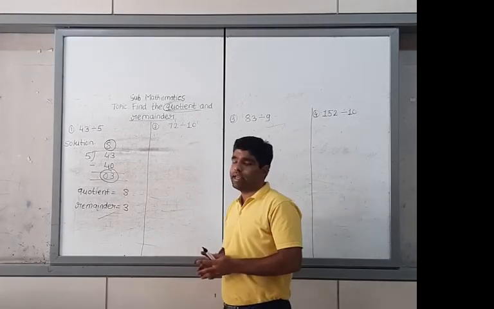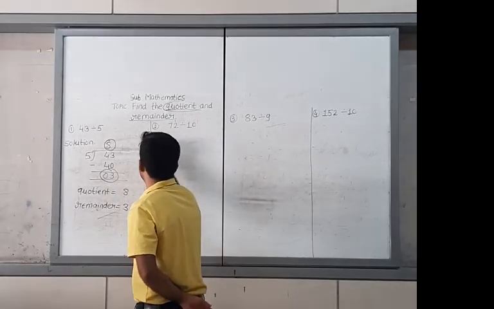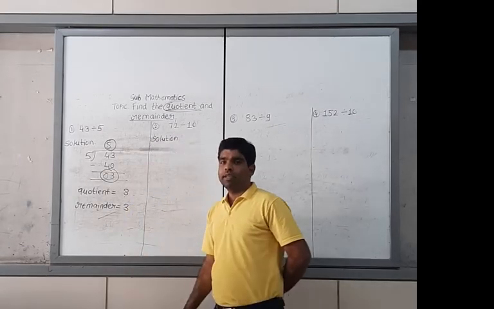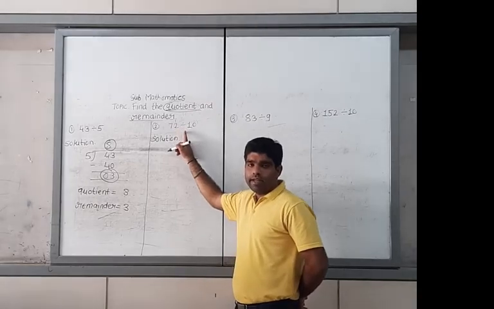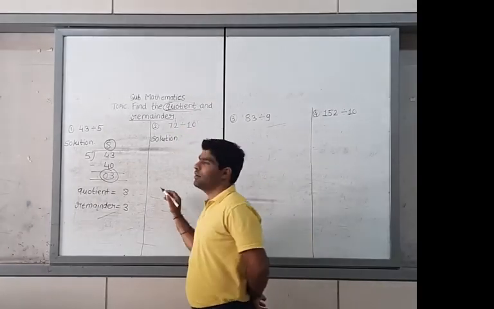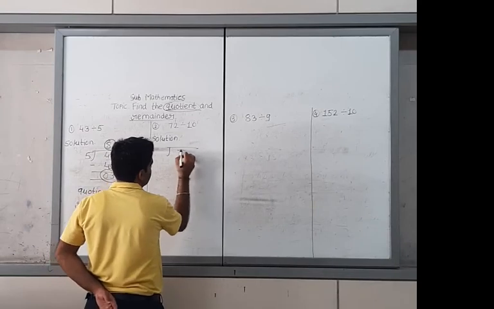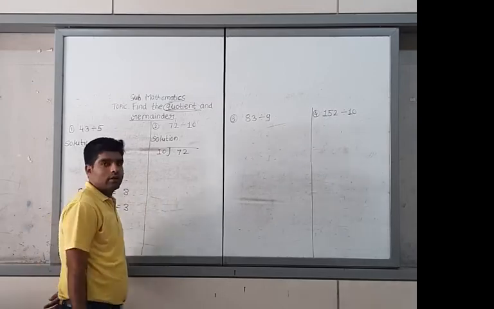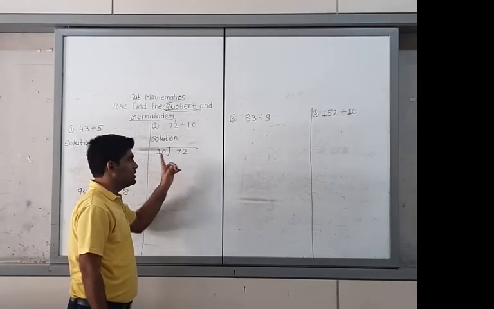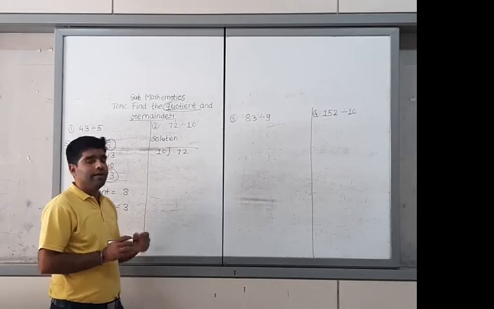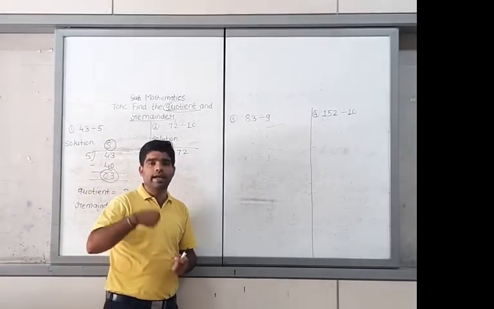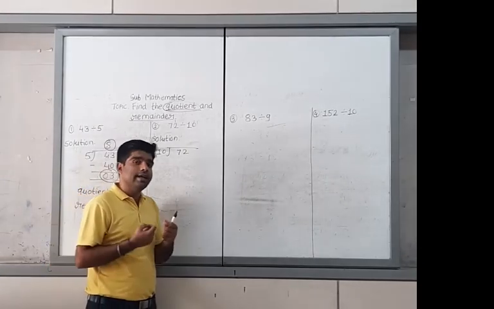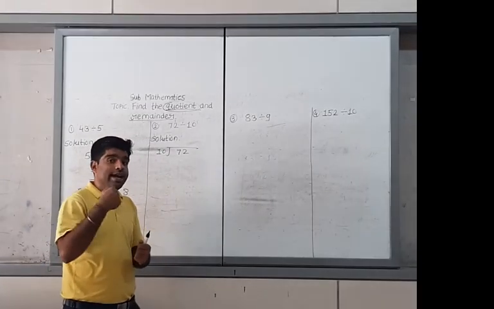In the same way, this is the second example, so solve it. The solution of the second example. Listen here. It will be 72 divided by 10, using the simple division method. Now we have to solve it. This is our 72 divided by what? 10. Now listen here. It will be 10 and this is our 72. Because 10 1s are 10, 10 2s are 20, 10 3s are 30, 10 4s are 40, 10 5s are 50, 10 6s are 60, 10 7s are 70, 10 8s are 80.